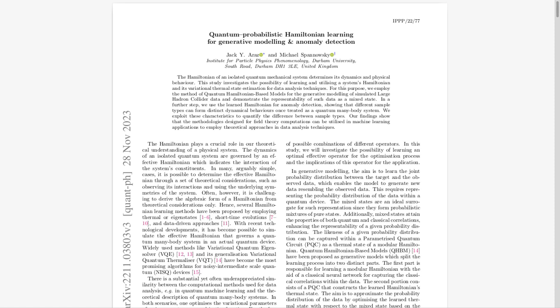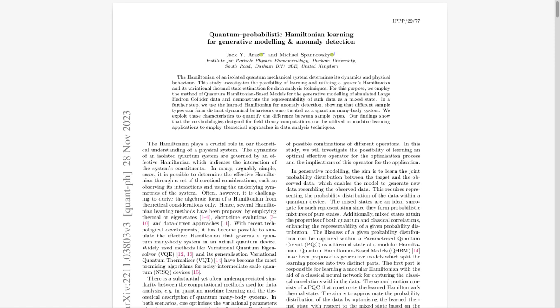Now think about it. Our brains don't operate on perfect, crystal clear information, right? Right. We're constantly dealing with this flood of input from all our senses, and yet we can still pick out a familiar face in a crowd. Yeah. Quantum systems are kind of similar. They exist in these blurry states of possibility, what we call superposition in quantum physics. Right, like that whole Schrodinger's cat thing, where the cat is both alive and dead until we look.